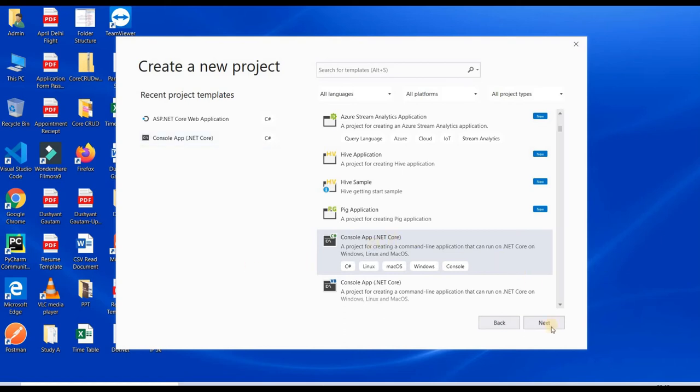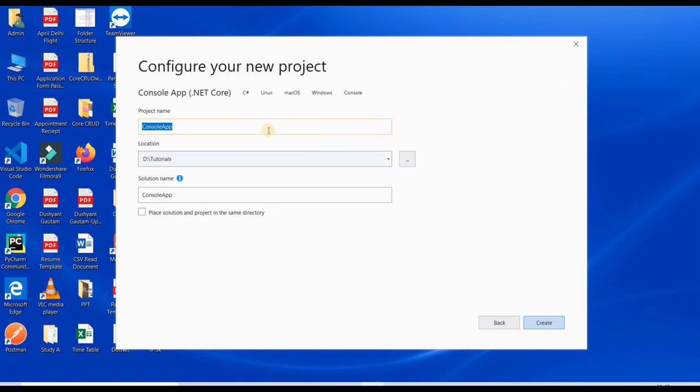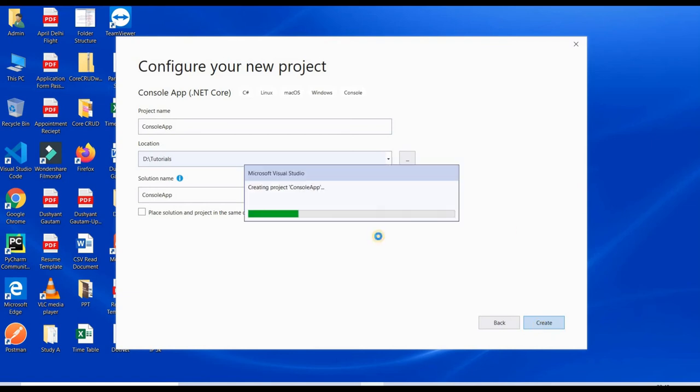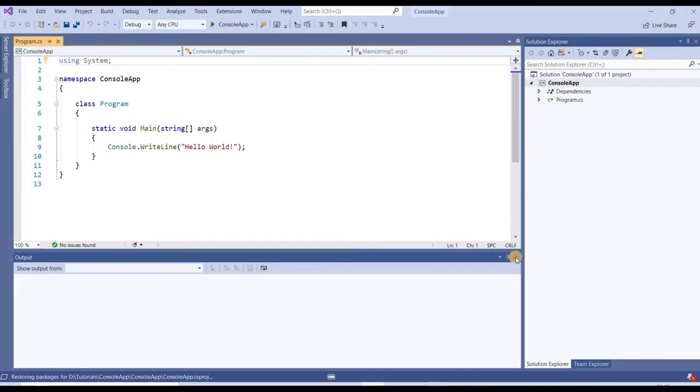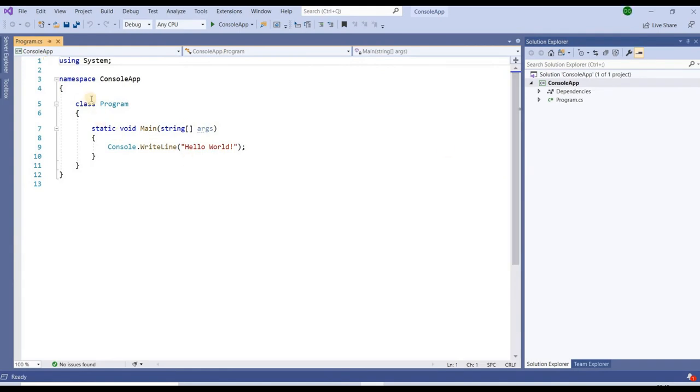So I am going to create a console application to write our program. Just create our console app, this is the location, and create the console application. Now it is going to create one console application for us to use. Actually this is Visual Studio 2009, so it's done. Now I am going to write our program here. By default a class is added here, but I'm not going to use this.